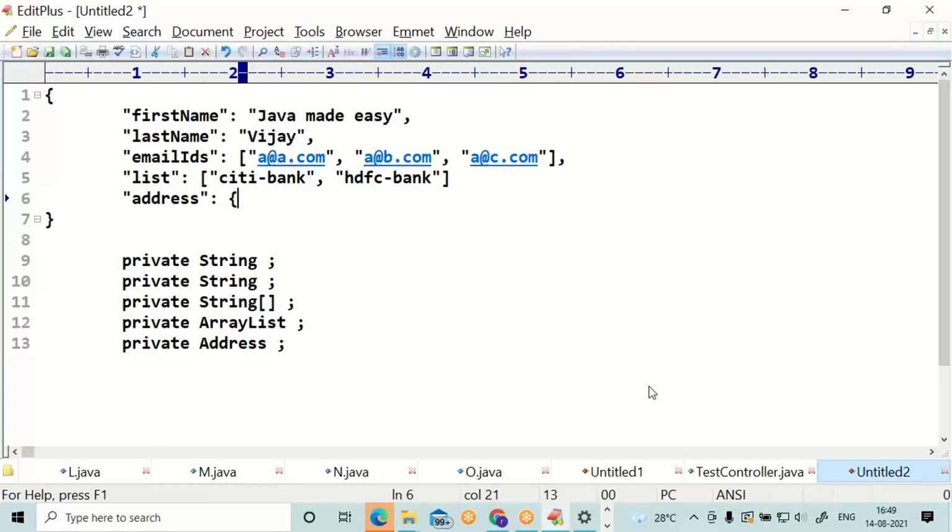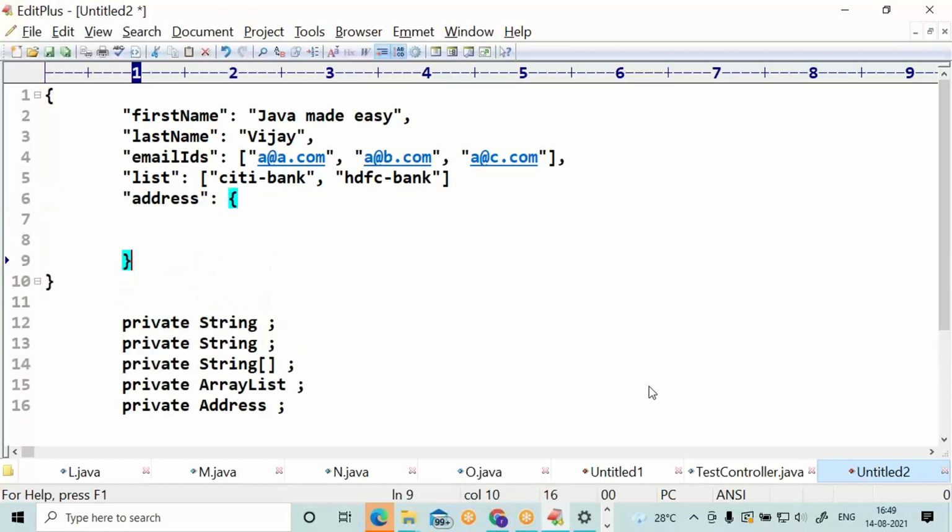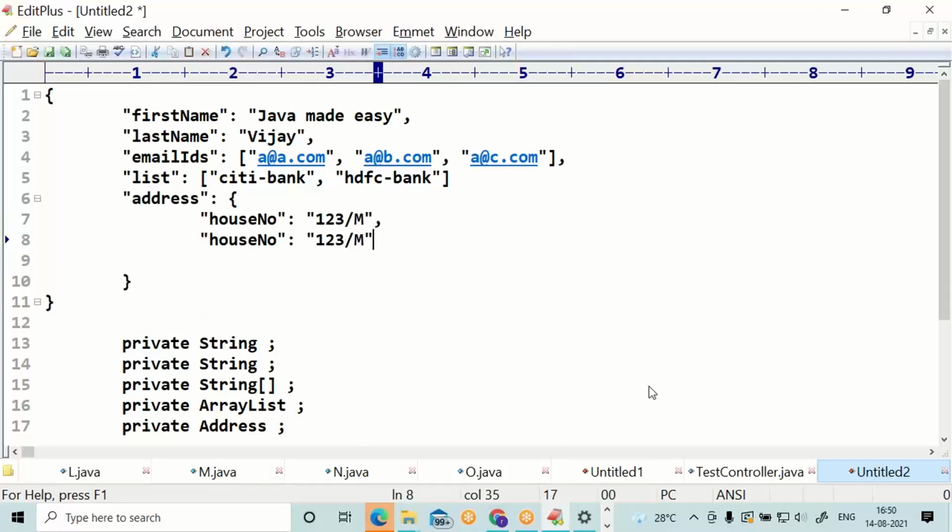Address. It is another JSON object. House number. Street name.